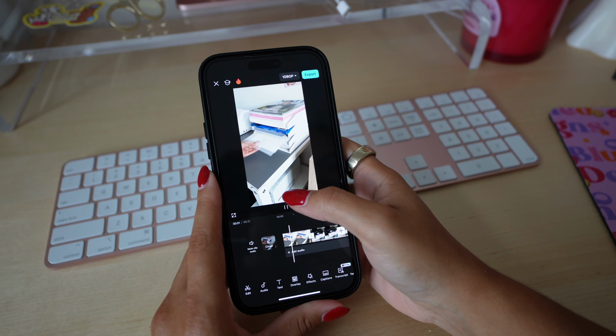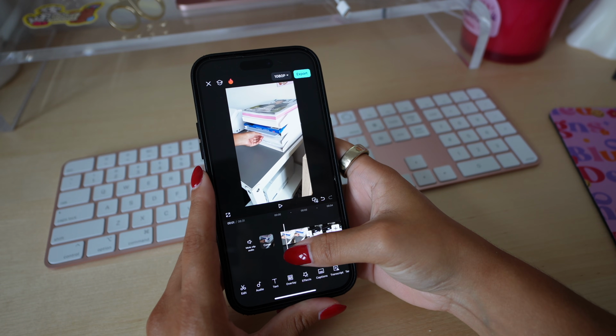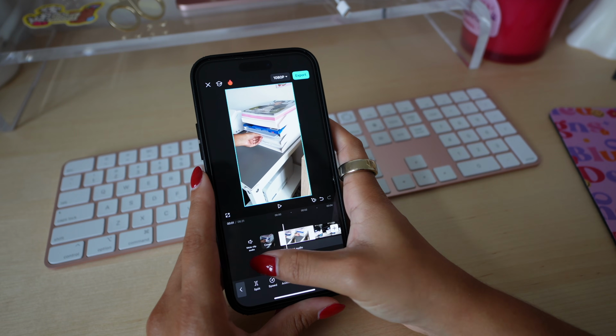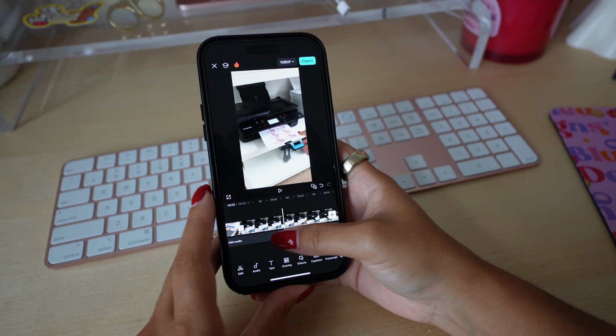So when I'm importing my clips, I will import all of them at once, and then I will go in and split up the clips. When I'm filming short form content, I like to keep the pace pretty quick, and I don't like to have long pauses of me not doing anything. So if I am, for example, making a sticker reel like this video is showing you, I like to split up the clips every time I move to do an action. So at the start and the end of an action, like putting the paper on the desk, or pulling the thing out of the machine, or slicing down and cutting the side of the paper, I will split the clip right when I start the motion and right when I end the motion, and then I'll do that for every clip and then splice them together.